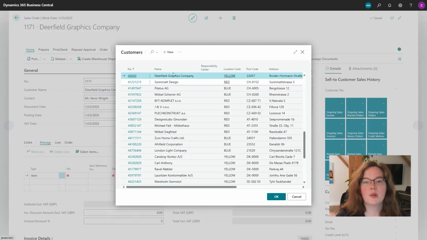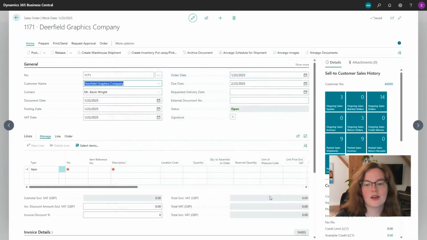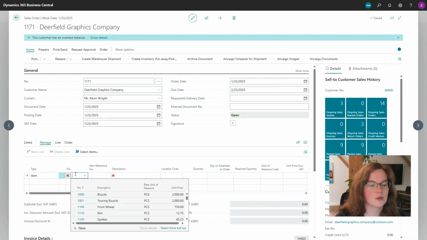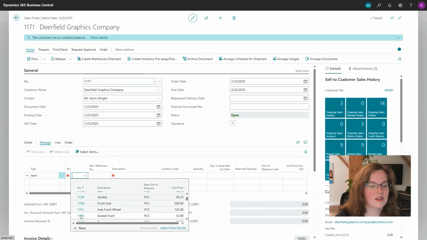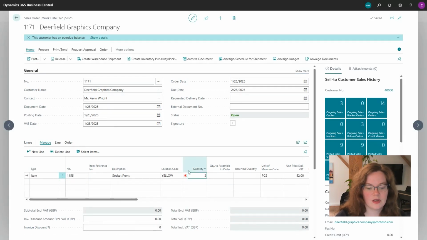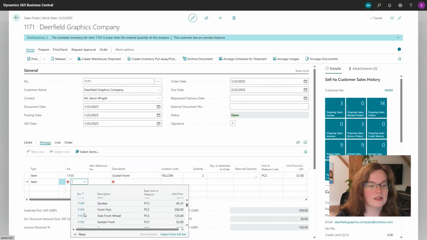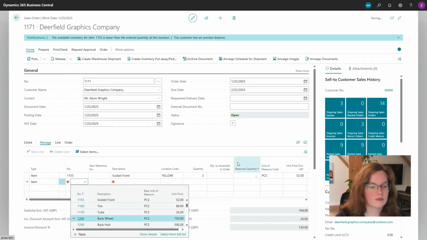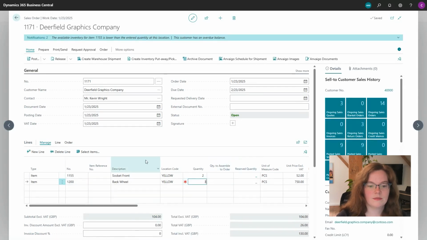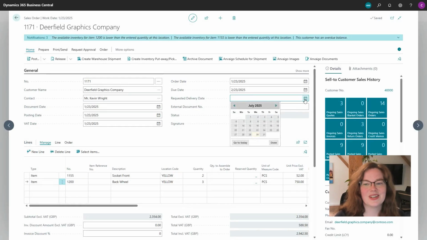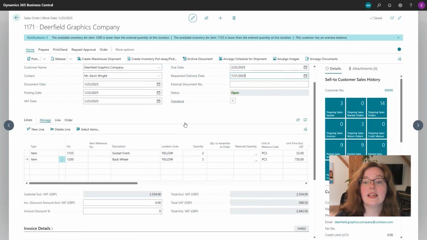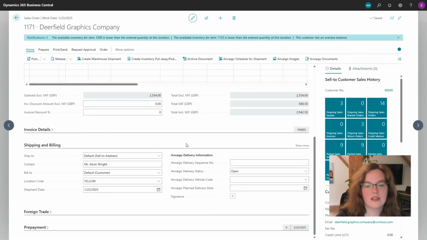So first off, I need to make sure that I've got a sales order. So I can place a new sales order on my side, or I can work with an existing sales order. So I just want to have a couple of items that I need to deliver to my customer. All right, so as soon as I've got my items on my sales order, I obviously need to also add a delivery date. I need to know when everything is being delivered, and that should match a little further down. Also, my planned delivery date.